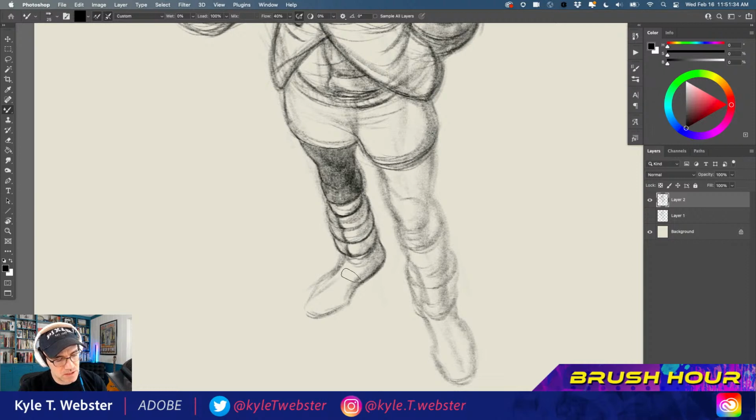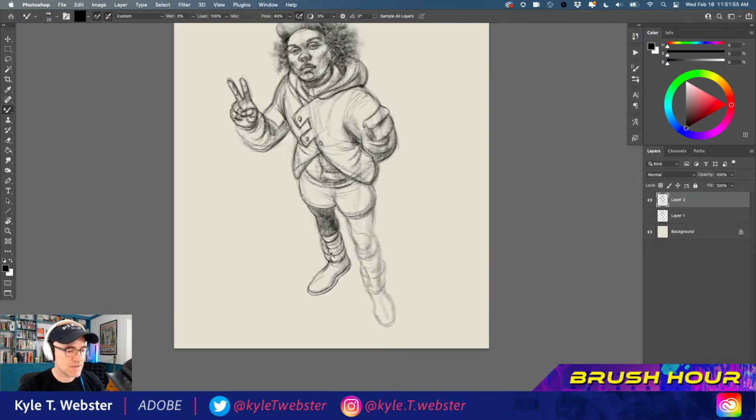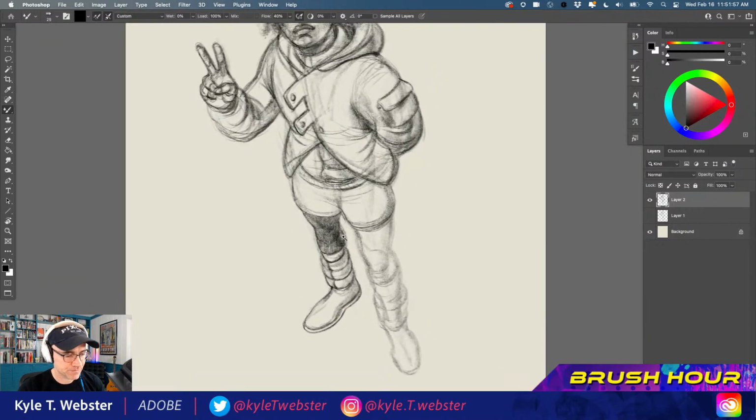And then we do this. We add our base to that boot, and then why not just add a nice little sole to the boot, right? And that could have more detail if you want it to later, but